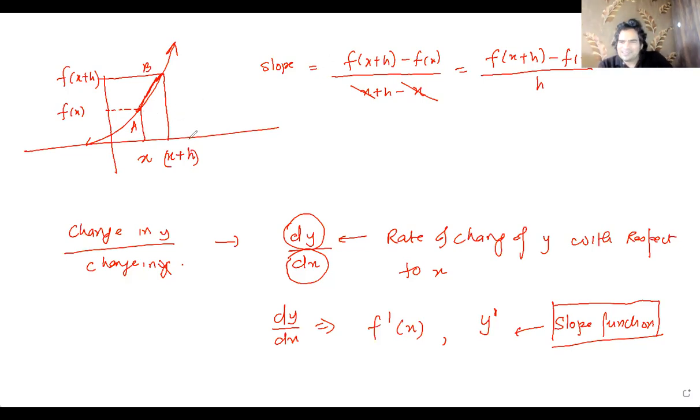But I don't want this, because this represents the slope of a particular chord joining 2 points. My need is to get the slope at a fixed point, not the slope of a chord. So we put a limitation: the limit as my h value is very close to 0 of f of x plus h minus f of x over h. If the h value is close to 0, for example, if this x coordinate is 2,